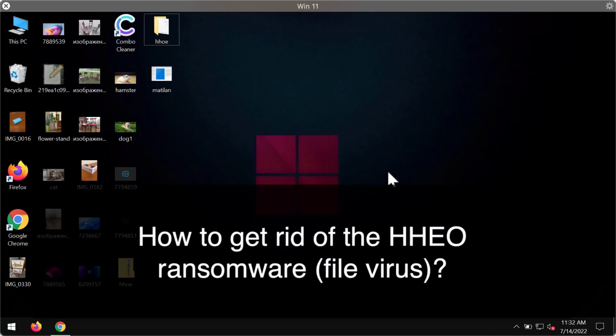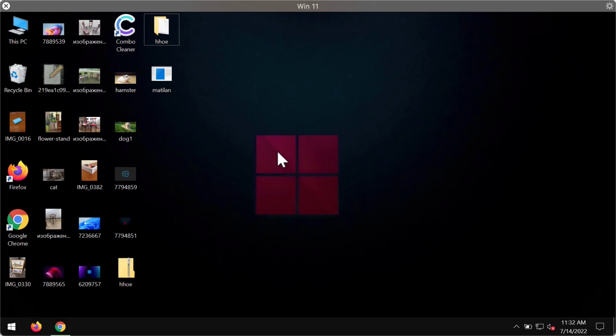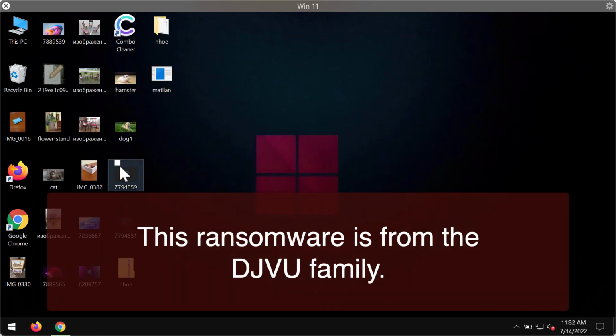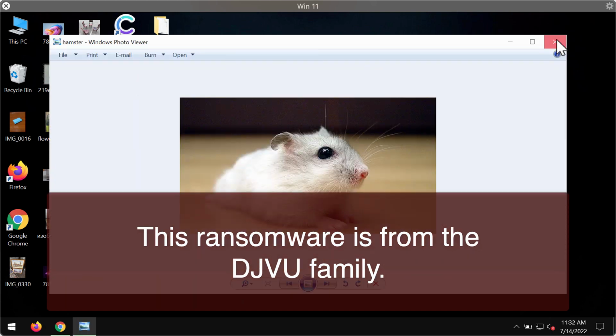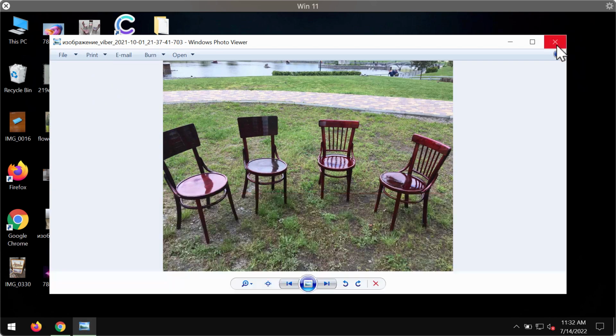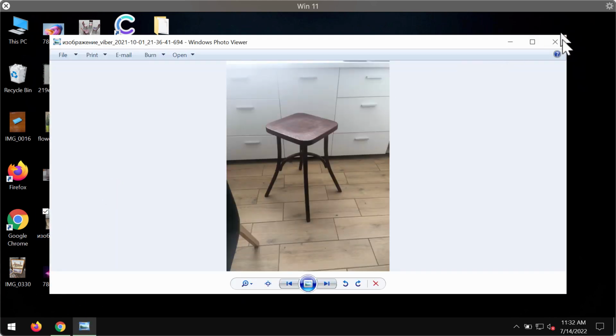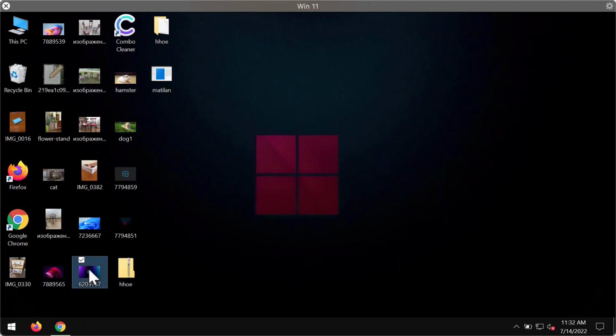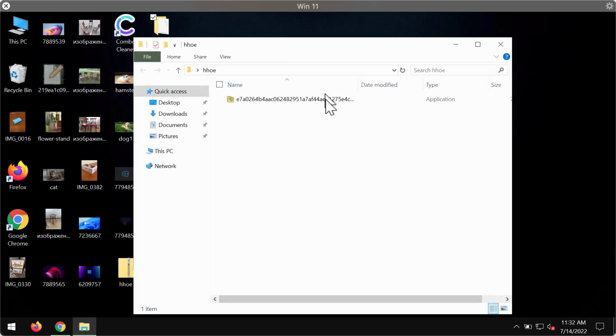My video guide is about removing the ransomware called Hheo. Hheo is a new ransomware that belongs to the DJVU ransomware family. Hheo ransomware attacks the files that the customers store on their hard drives, including pictures, music, Microsoft Office, and other data. Because of certain leaks in the security of the specific computer, this ransomware may be easily injected into the